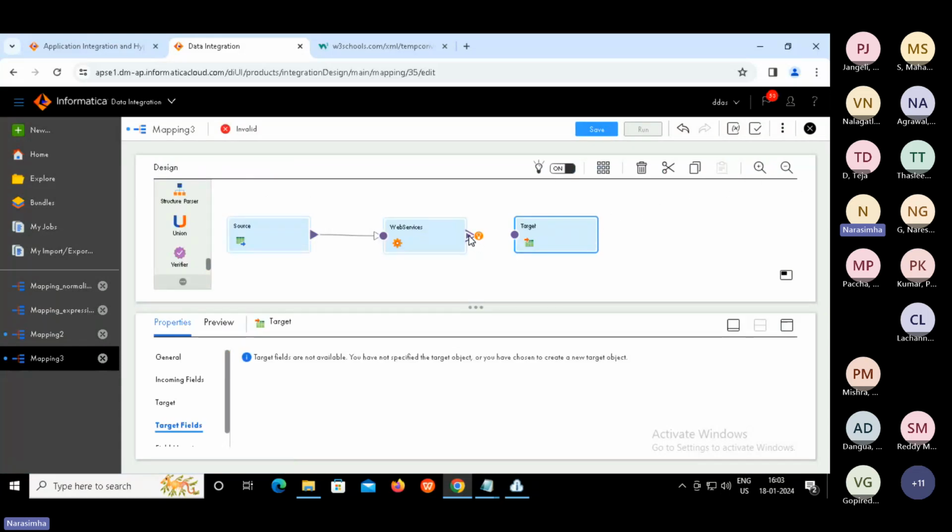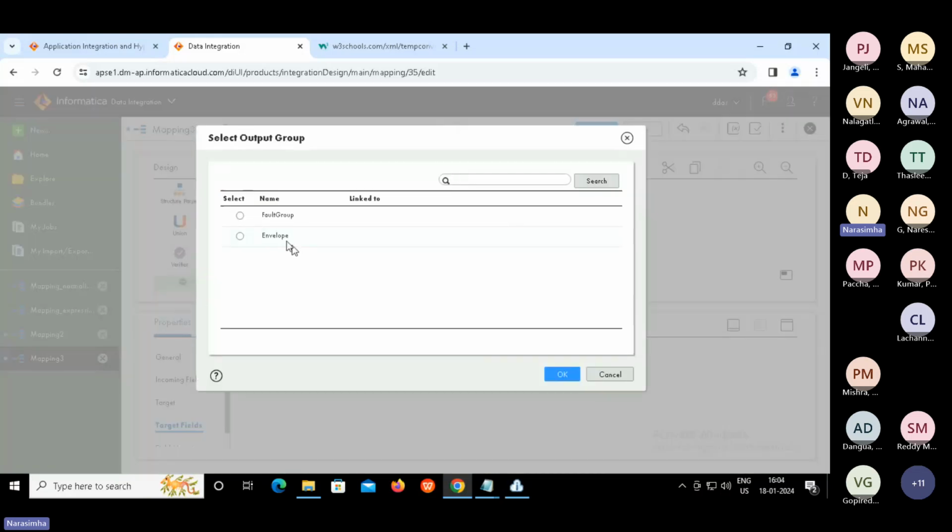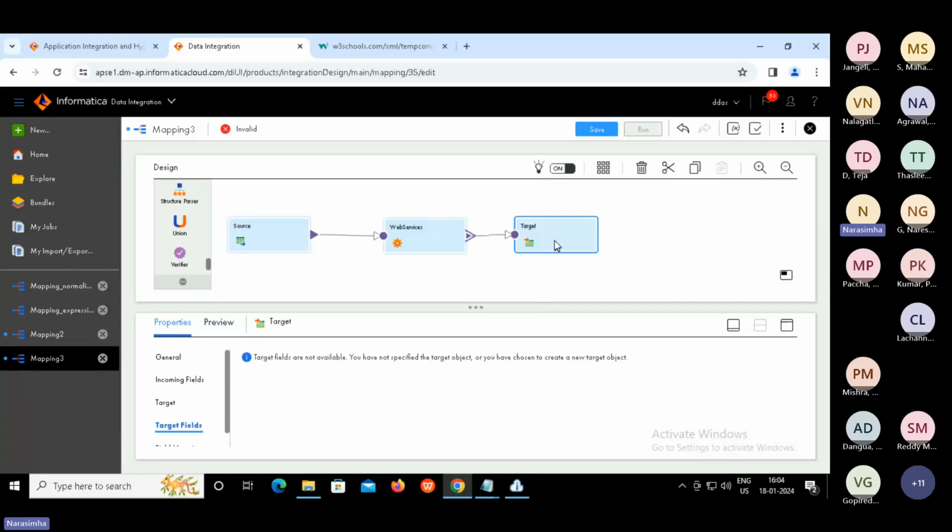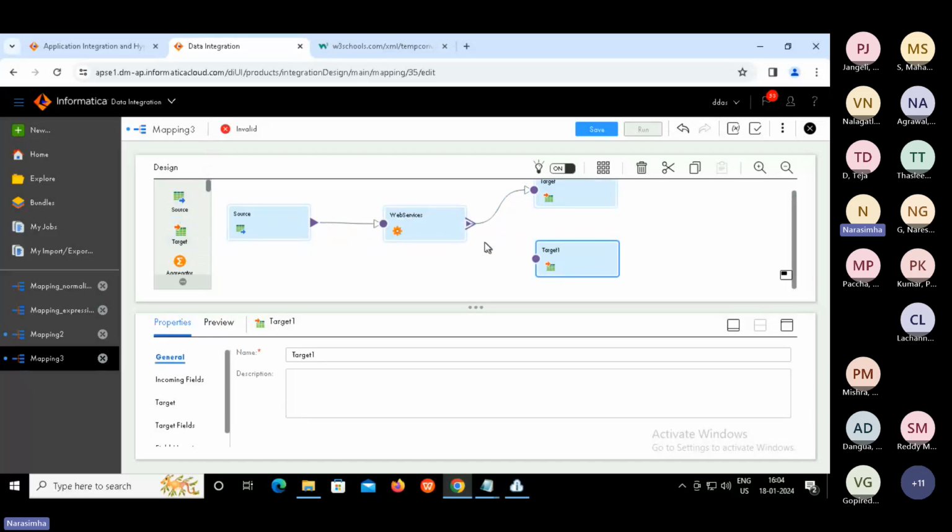Now, next step, we need to map it from the web service to the target. This is how we need to map. There are two groups here, so we can select one group because here we are capturing good data, which is the conversion result. Now we can also add another target, the second one, where we can connect the output of the web service to